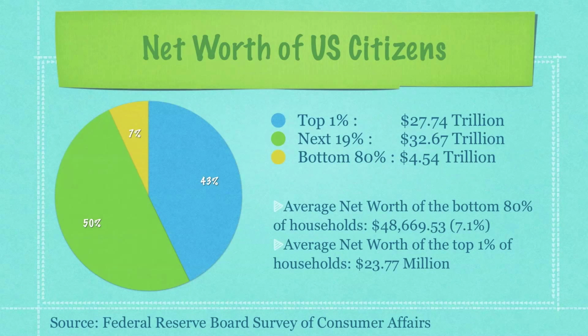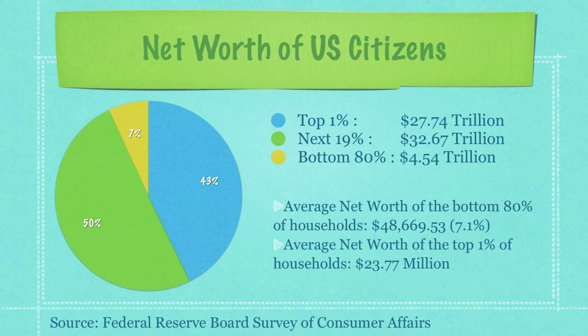The top 1% have a total net worth, or a control, of over $27.7 trillion. The next 19% control $32.67 trillion, while the bottom 80% only control $4.54 trillion as a whole. That means that the bottom 80% only have control over 7.1% of the total net worth of the nation, meaning